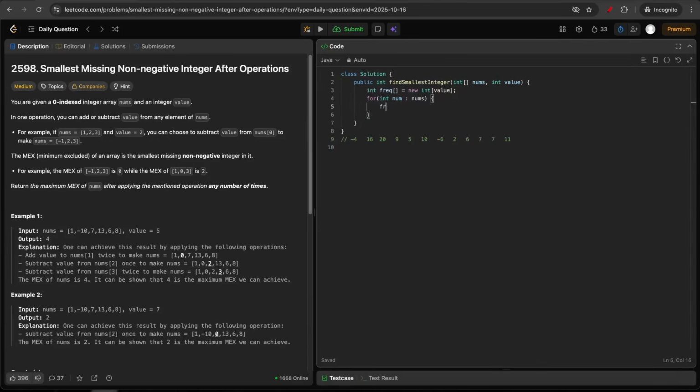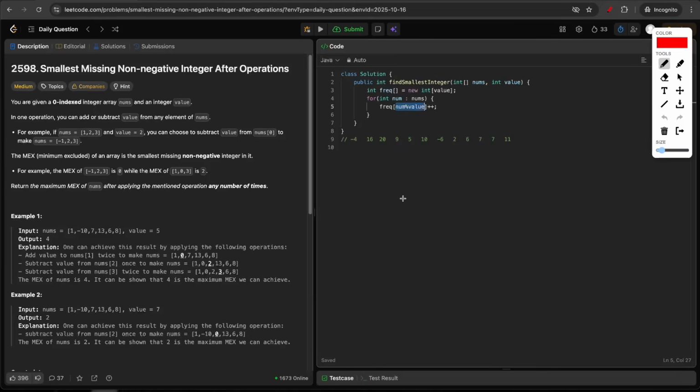So we can have frequency of number mod value plus plus. And since this will also lead us to a negative number,